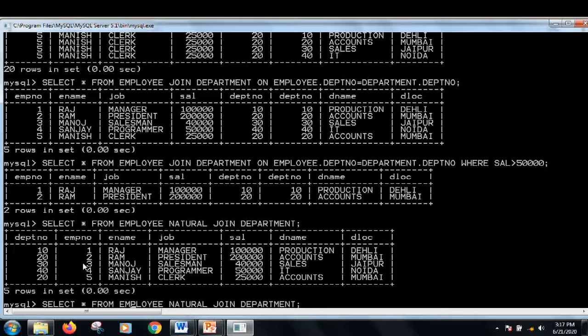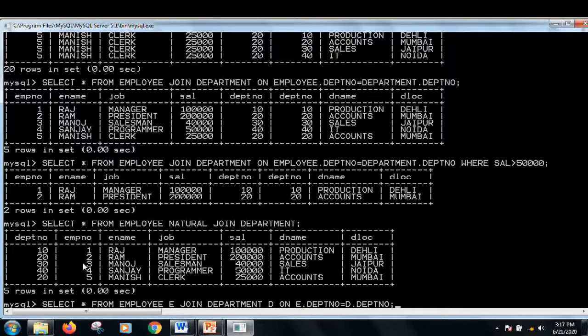For example, you can use E, then with equijoin, if you want to do equijoin, you will write join then department D on E dot department number is equal to D dot department number.